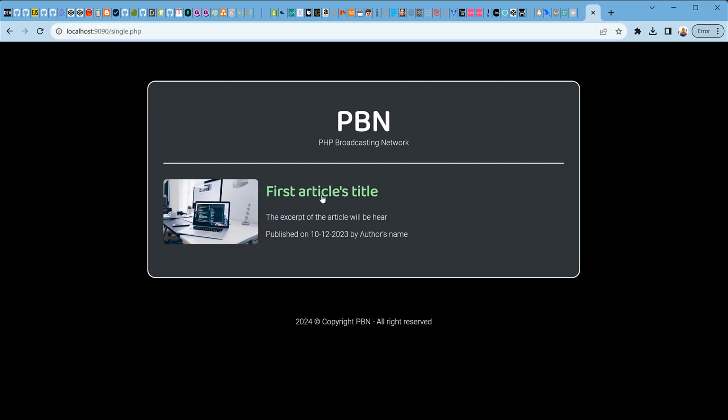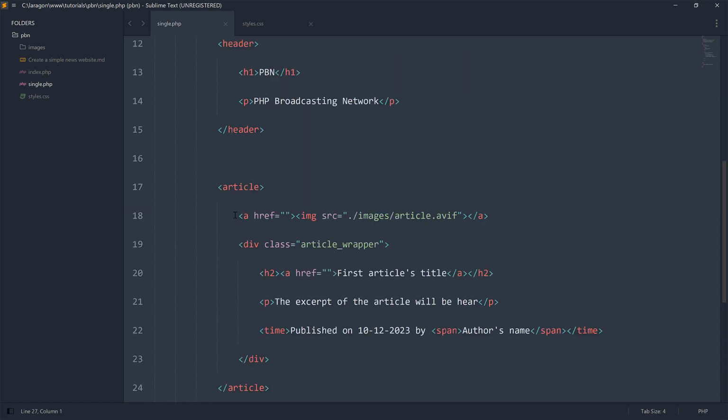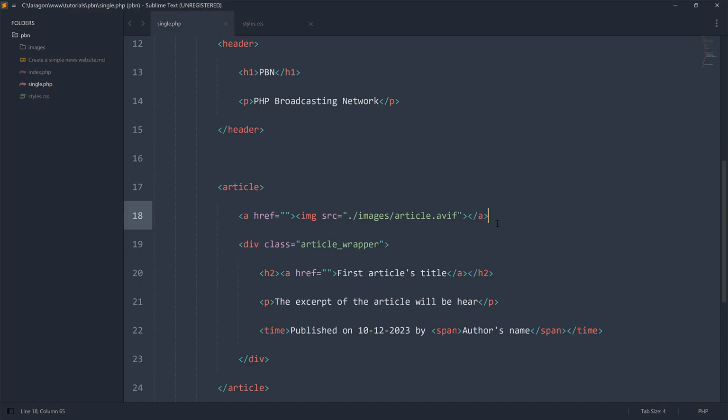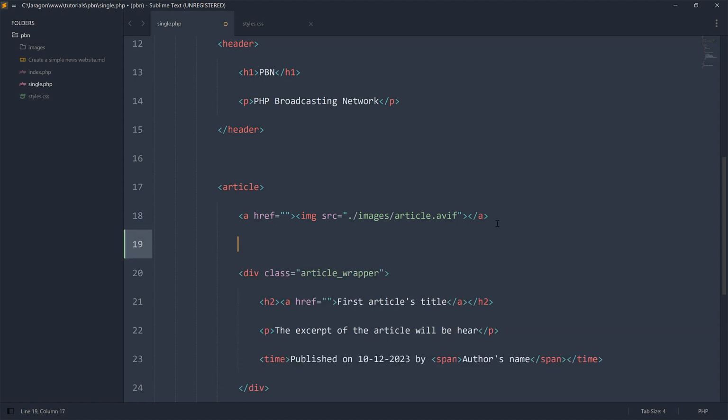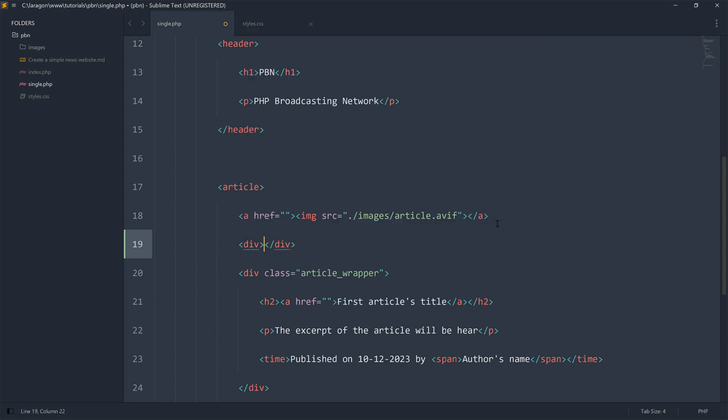So all I have to do now to view this page is to go to single.php, and I can see the page here. So here we need the article, we need the image. I think right under the image we have the social media links. So for that I'm going to add a div that will now contain,